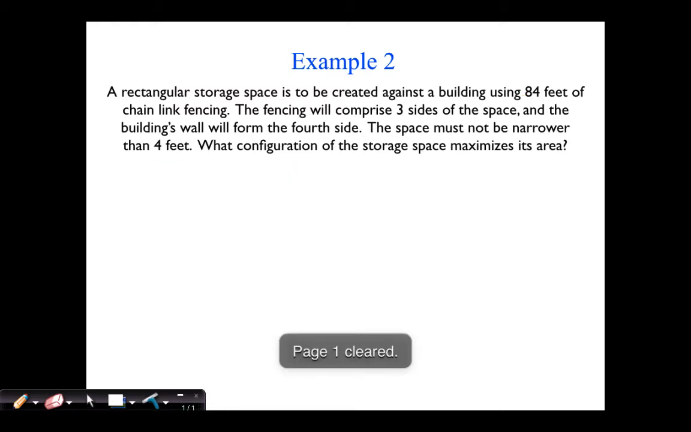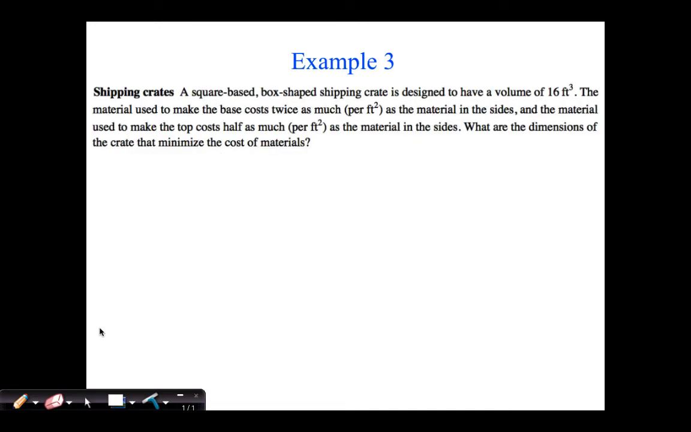All right, so let's take a look at a different problem. This one you haven't seen yet, and I'll read it. I know it's a little bit small. A square-based, box-shaped shipping crate, just meaning a rectangular prism, sort of regular box, no pyramid-shaped boxes or anything like that. It's designed to have a volume of 16 cubic feet, and then there's a lot of rules about the